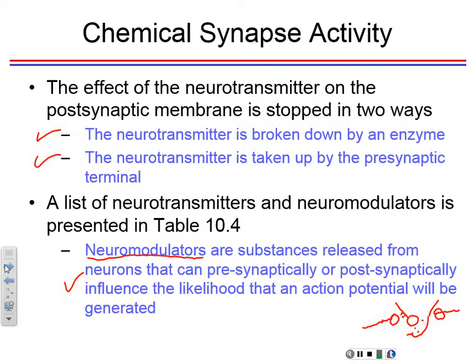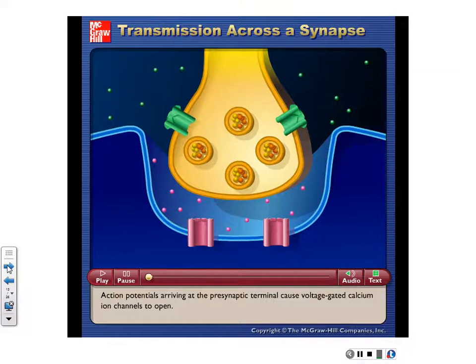The neurotransmitter is what is passed in the synapse, but the neuromodulator is what influences what happens with that neurotransmitter. It can either upregulate the message, or it can downregulate or downplay it, depending on what you want. That's another beauty of having this synapse, that you can modulate it like that. You can increase it if you need more, or decrease it if you need less. So that's the function of neuromodulators. I want you to know the difference between neuromodulators and neurotransmitters. I think this one will show you